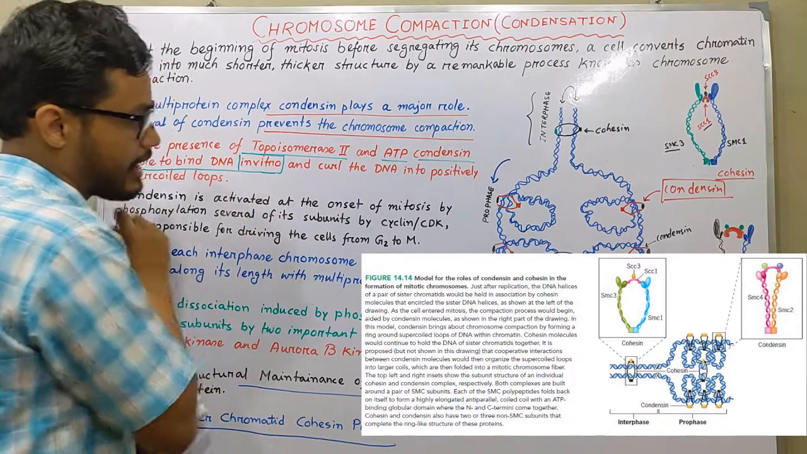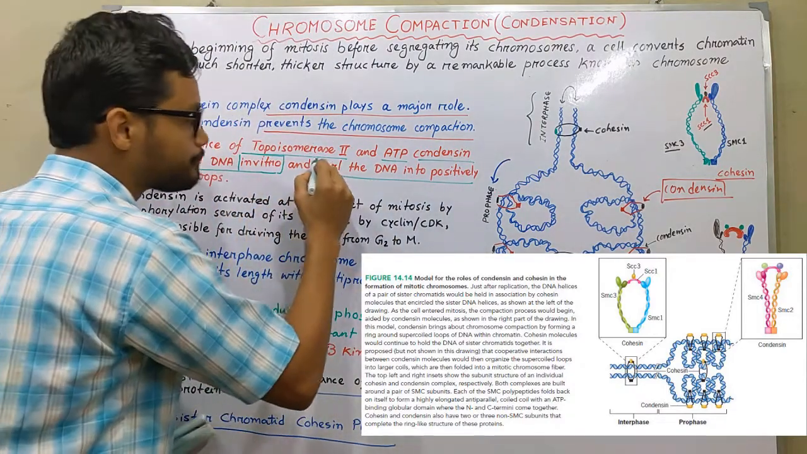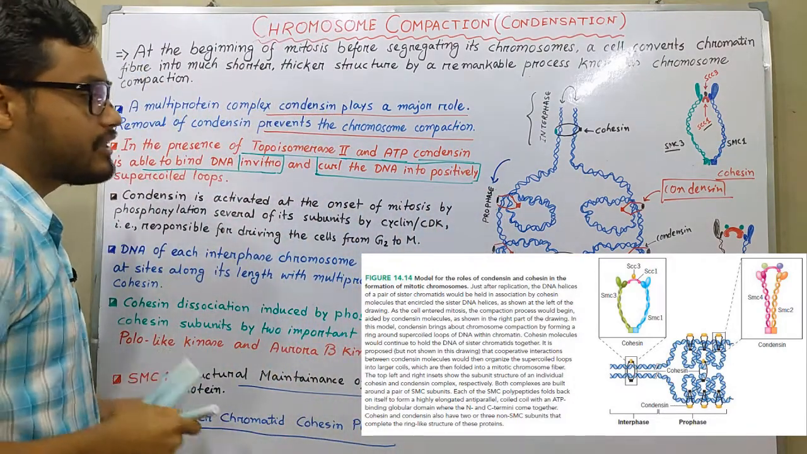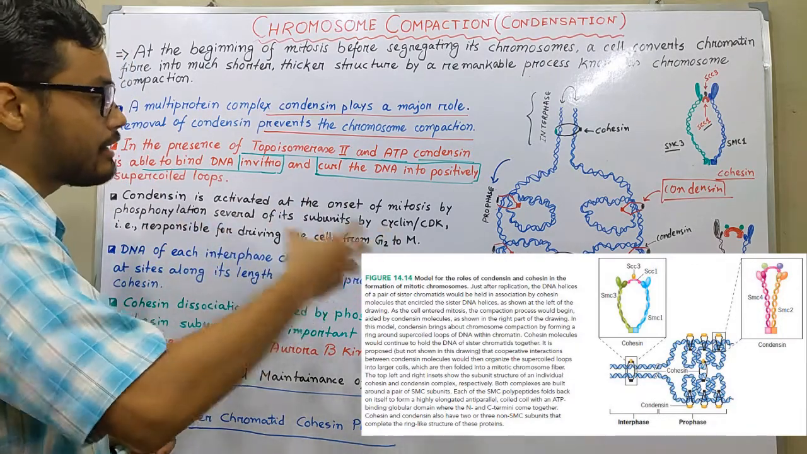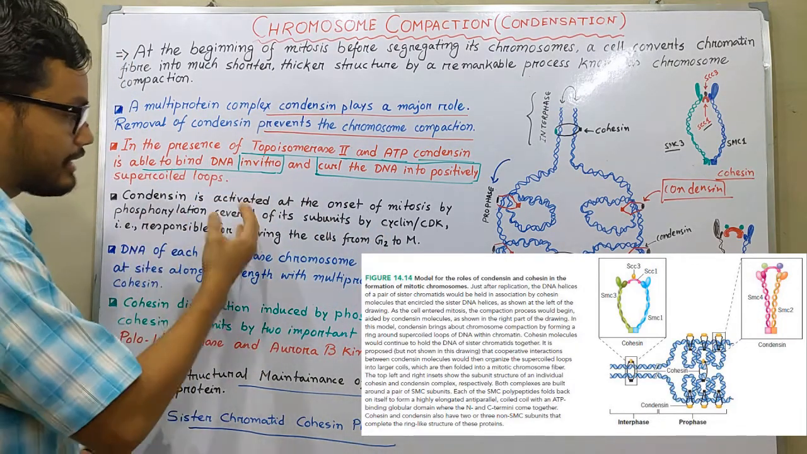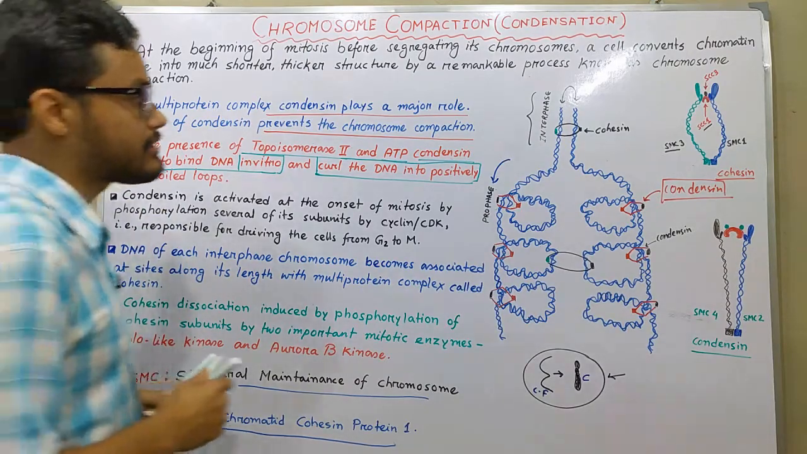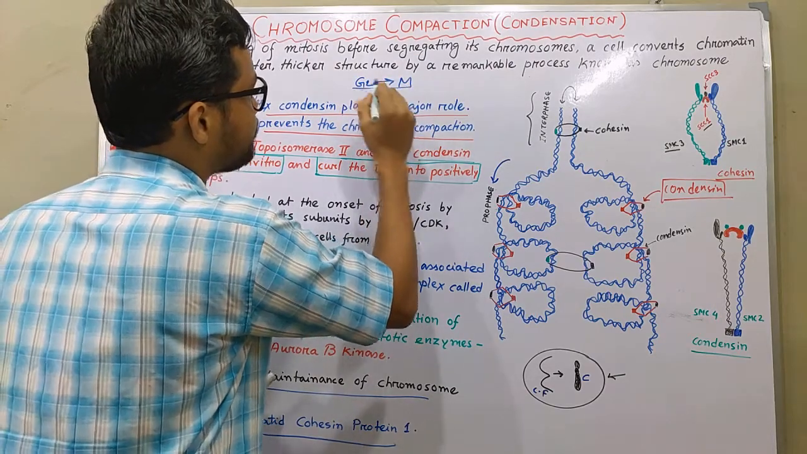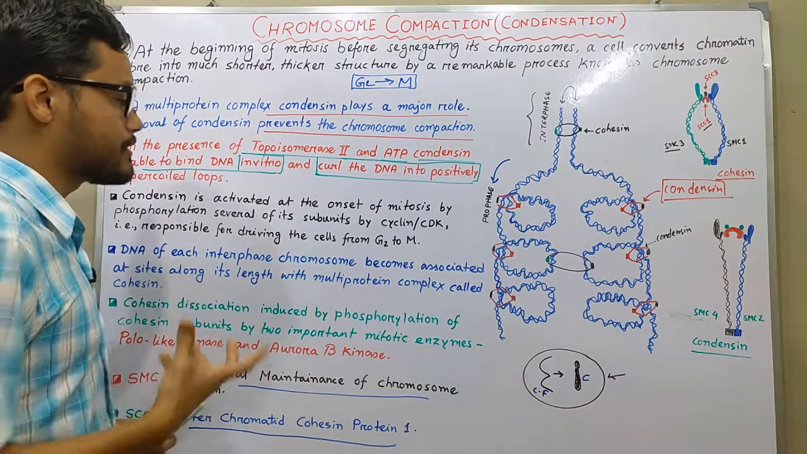outside of the cell and curl the DNA into positive supercoils. So condensins actually make a positive supercoil from the negative supercoil and curl the DNA. Condensins are activated at the onset of mitosis. So when a cell progresses from the G2 to M transition, in the early mitosis phase or early prophase phase, those